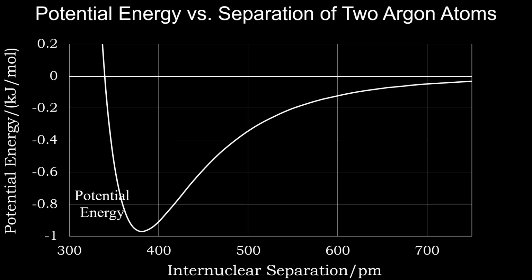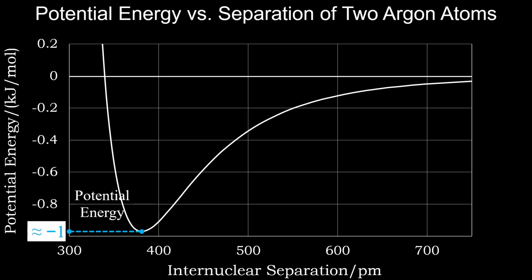The shape is very similar to the plot for covalent bonding. However, the potential energy minimum is only about -1 kilojoule per mole for this intermolecular attraction. That's much weaker than the energy of a covalent bond, which is -160 kilojoules per mole for difluorine. Just as forces in covalent bonds are